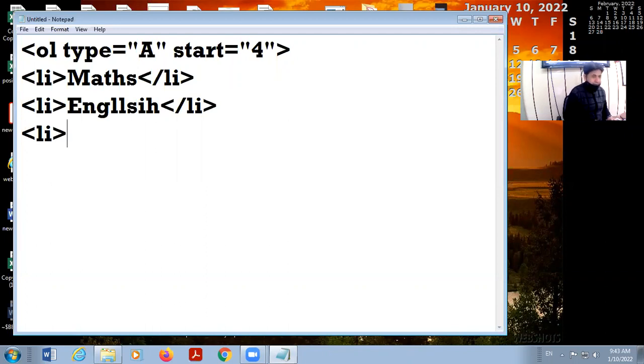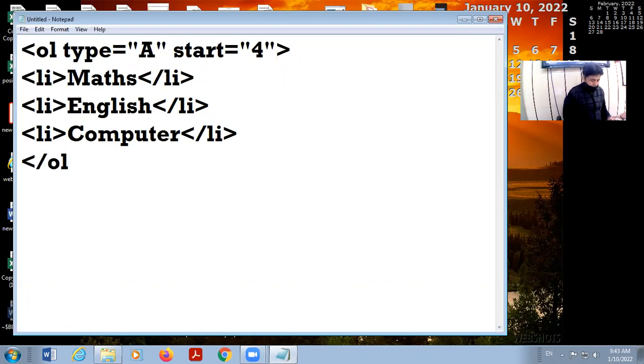LI stands for list item. And then close the OL tag.